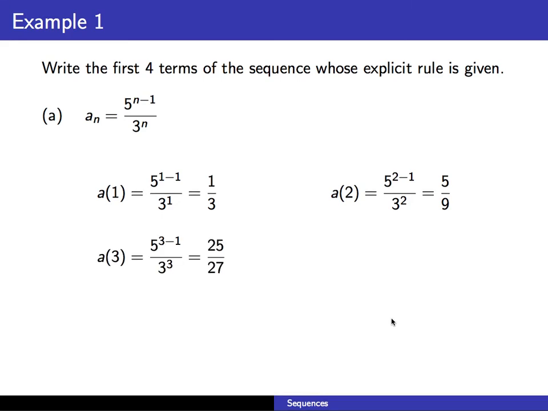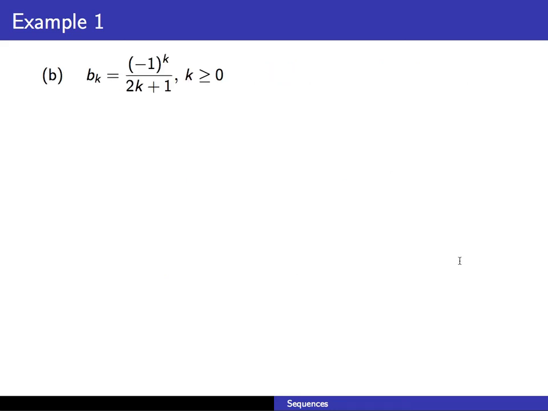Our third term, when n equals 3, plug a 3 in for n, we get 25 over 27. And our fourth term, plugging in a 4 for n, we get 125 over 81. So our first 4 terms are 1/3, 5/9, 25/27, and 125/81. That's an interesting one. All right, part B, we have b sub k equals negative 1 to the k power